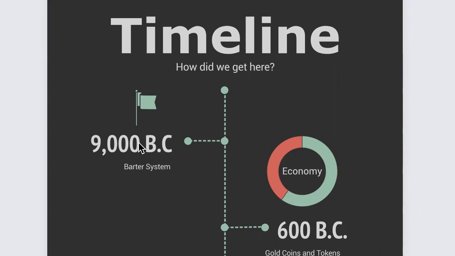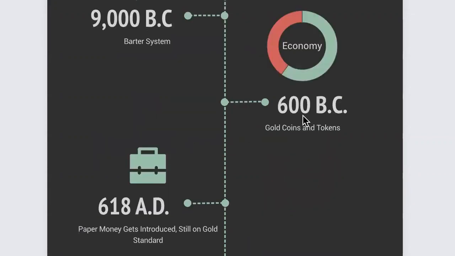9000 BC, this is Neanderthal era. We didn't really have civilizations yet. People were bartering. So you could trade something. You have a goat, I have a sheep, we can make a great trade. The only problem with that is if you lived miles and miles away, if I wanted your sheep, I would have to walk my goats or bring my cabbage or whatever it was to go trade with you. So it was an inefficient system, but people had to find someone that had what they wanted and they would go trade with them.